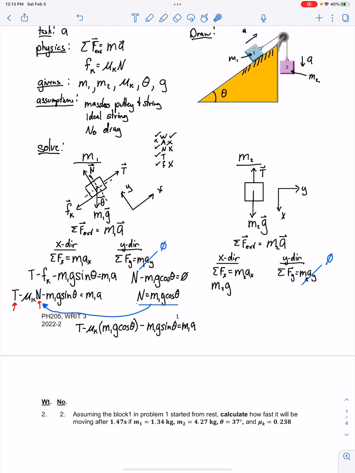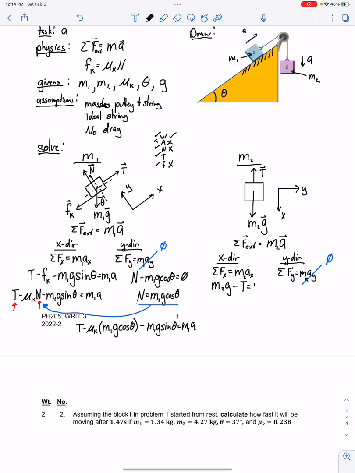This is a positive because we've identified down as being positive. So don't plug in negative 9.807. Get that out of your head. g is always a positive number. You take care of the direction of g when you do your analysis beforehand. So we've got the weight force down, which is positive, minus the tension force, which is pulling up. Tension's pulling up, which is the opposite of the positive x direction, so it gets the negative,